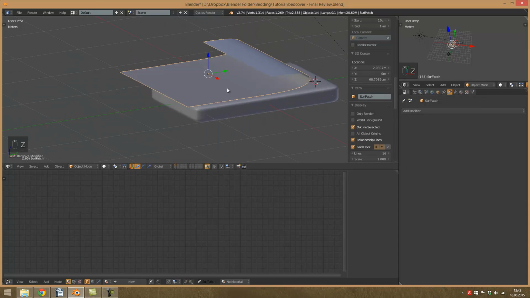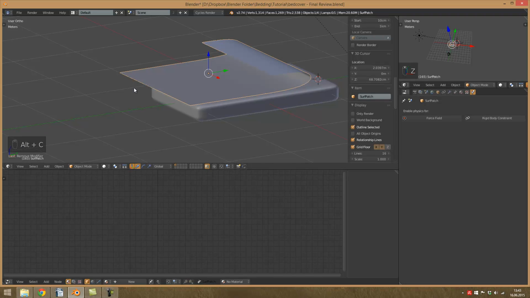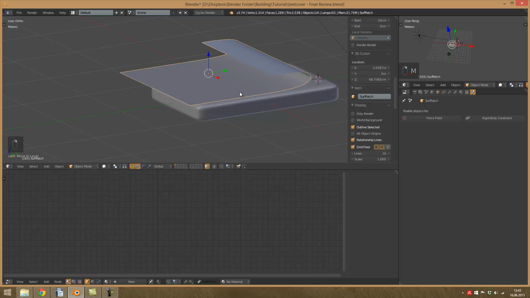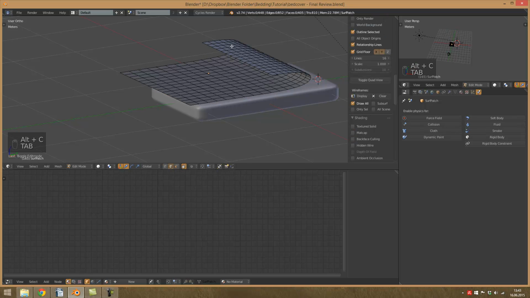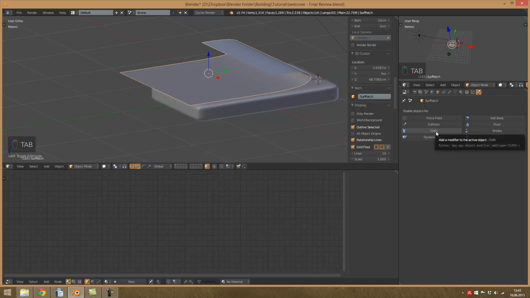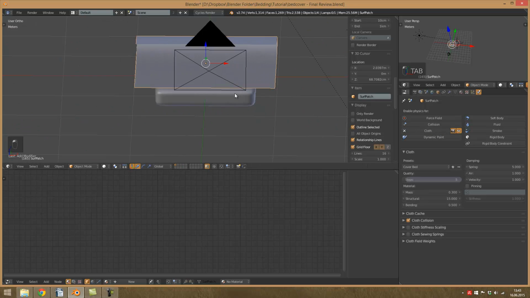The reason I'm doing this is when I convert it right now, or let's first of all duplicate it and move it to the last layer, so we save every change that we make, and then Alt-C, convert it to a mesh. We now have a mesh consisting of vertices and edges and faces again. Then we want to add in the cloth modifier, and